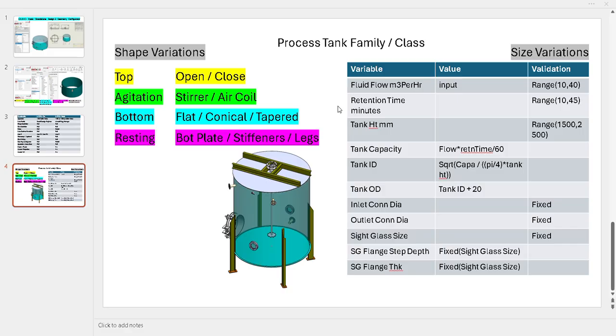Then inlet connection diameter and outlet connection diameter can be chosen from a fixed list. Side glass can be also chosen from a fixed list, and some of the other side glass parameters can be derived from a lookup table based on side glass. So this is the